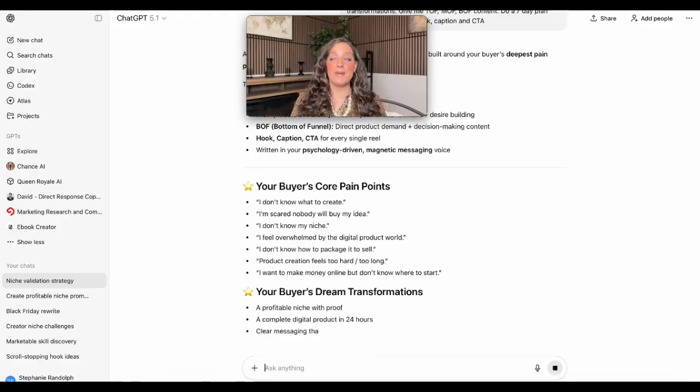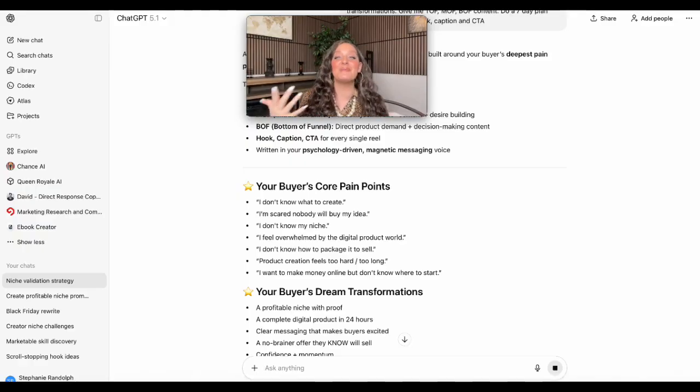If you don't know, the top of the funnel is evergreen content. That's where you're pulling in as many people as you can. The middle of funnel is where you're warming them up. You're teaching them something. They're getting to know something about you. Okay, you're giving value to them so they want to stick around. And bottom of funnel content is conversion-based content.